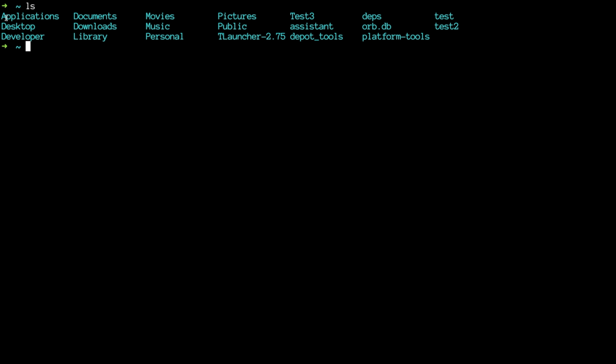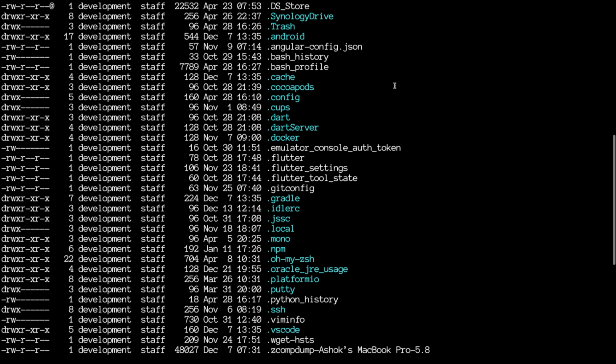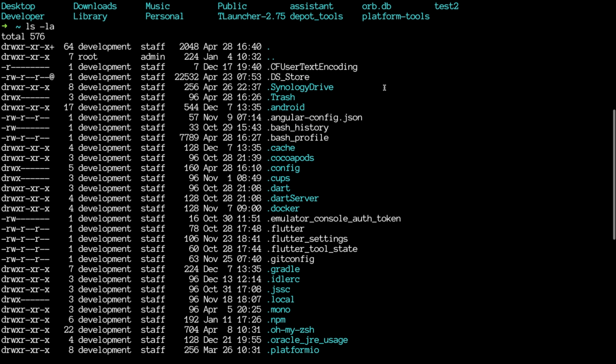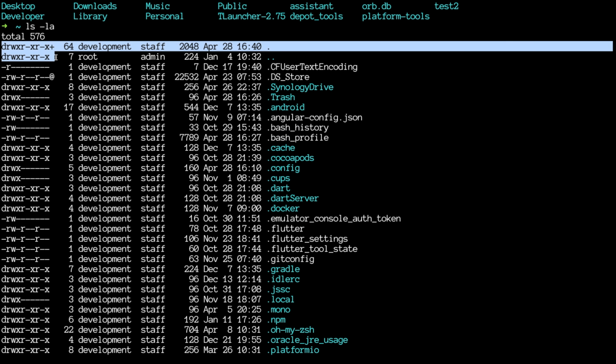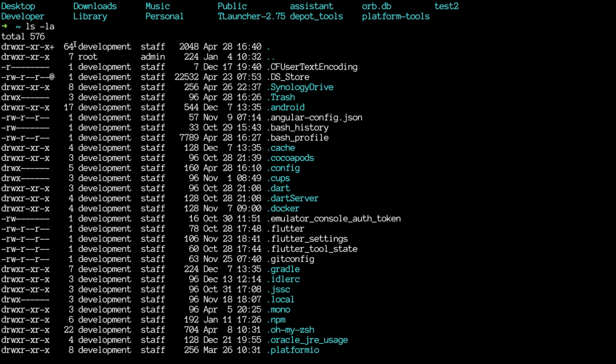Okay, the next command is to see what is in your folder. Currently my development folder has been selected. So ls is going to list the folders over here. Using ls is going to list visible folders you will normally find in your Explorer or Finder or whatever it is, and ls space -la is going to show you all the hidden files with some things like the file permission each user has,